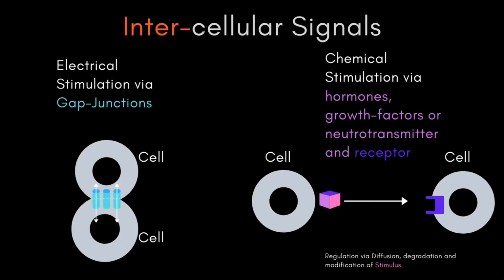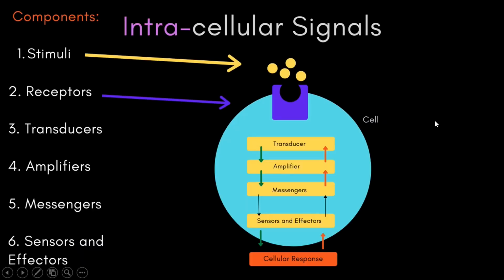Intercellular signals, which means cell to cell, can be either electrical stimulation, for example via gap junctions, or they can be chemical via hormones, growth factors or neurotransmitters, which bind to a receptor. And then again, the intracellular signals,